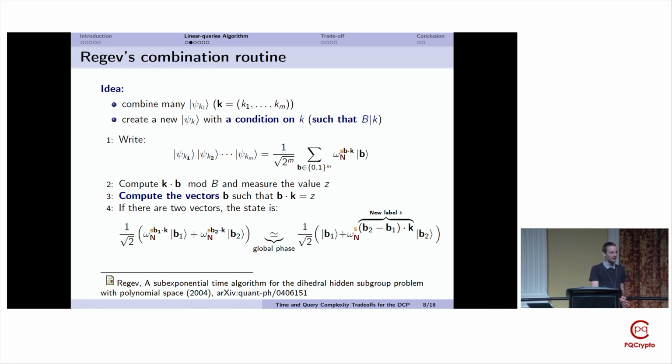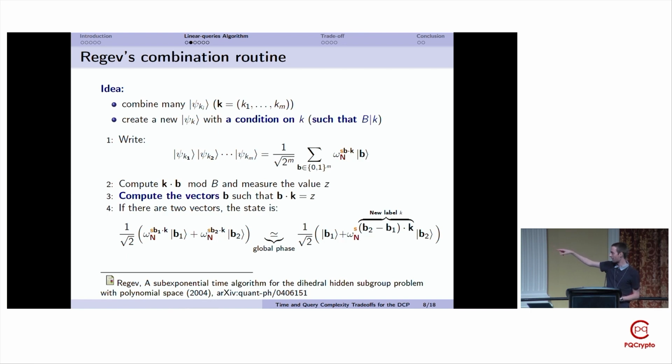And now we're going to do something. We're going to compute this b·k modulus B, and we measure the value that this takes. When we measure the value, we force the quantum state to collapse on everything that agrees with this value, which means we get the superposition where all the b agree with the observed value. Imagine that you did everything right, and there are only two vectors, b1 and b2, that remain, and they have the corresponding phase